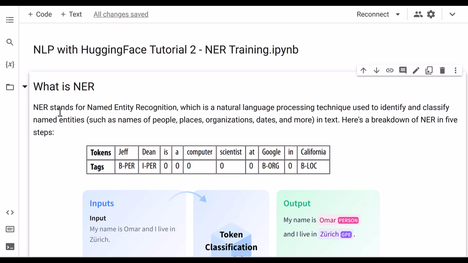NER is also known as token classification. You might have heard about classification where we do class classification or sentence classification or sentiment classification. But NER is token classification. Token classification means a sentence is broken down into tokens and then we classify those individual tokens. Once all these individual token classifications are correct, then we say that the whole sentence classification is correct, otherwise